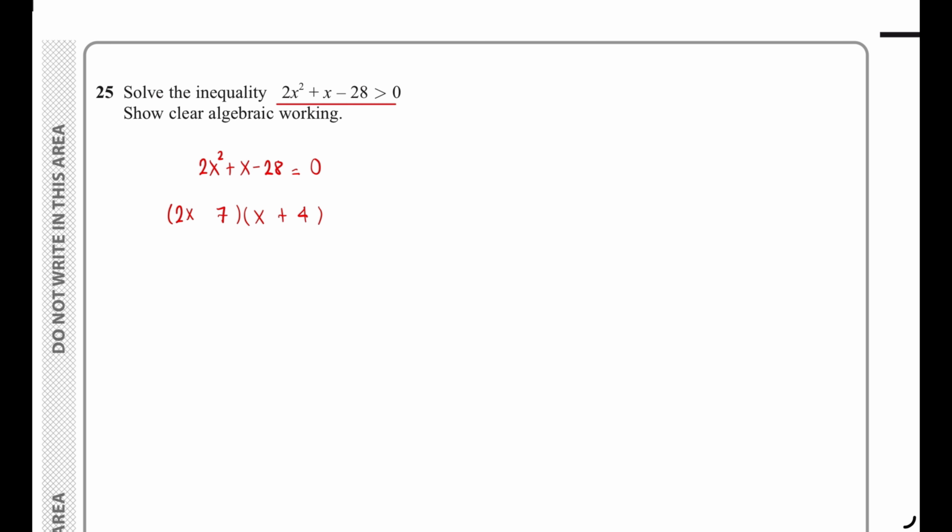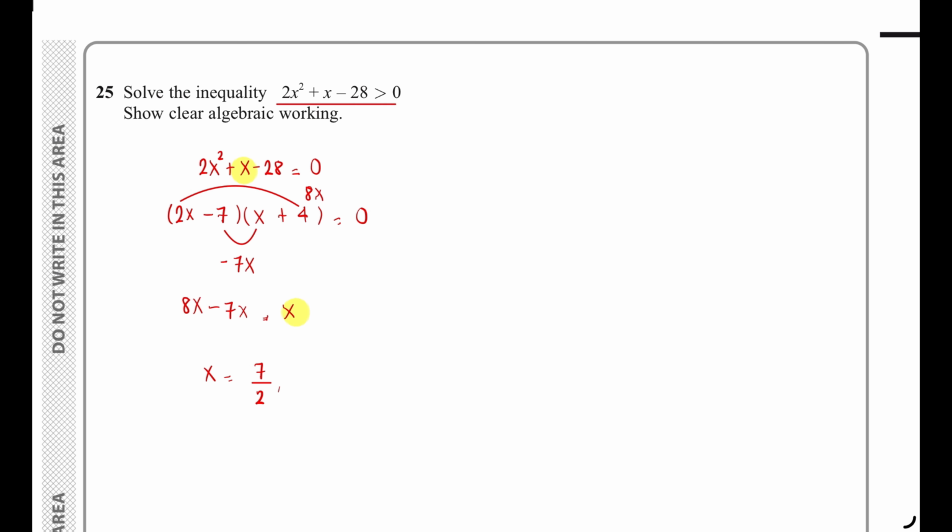Positive sign will be here and negative sign will be here, because if we multiply negative 7 with x, we will get negative 7x. And if we multiply 2x with 4, we will get 8x. So 8x minus 7x equals x, which is this one. So that means we will have x equals 7 over 2